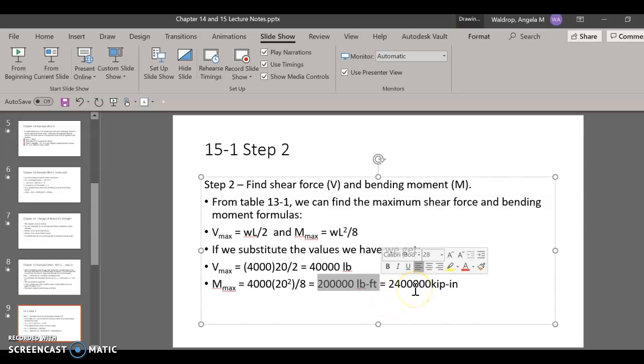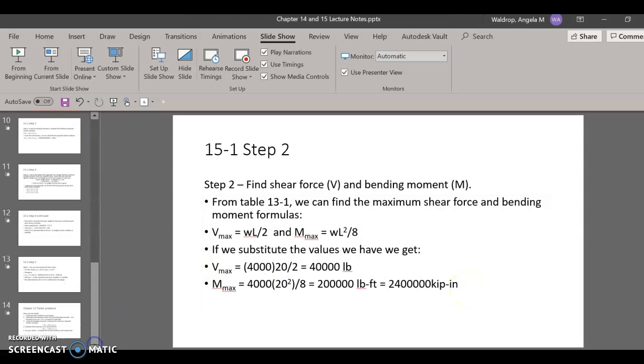Now we need to change that to kips per inches. That way we can calculate things properly. Okay? All right, the next step